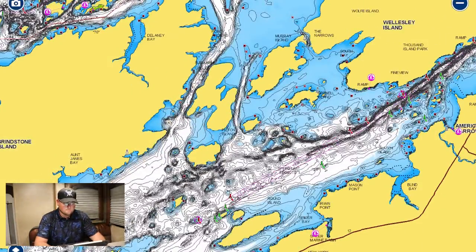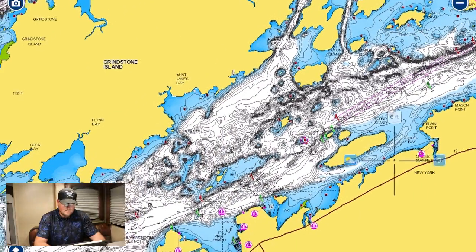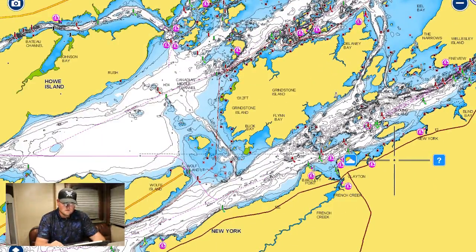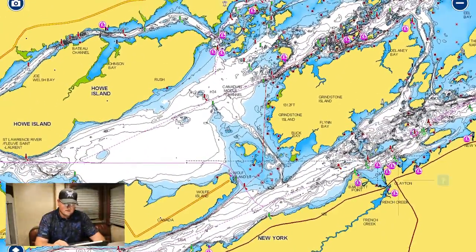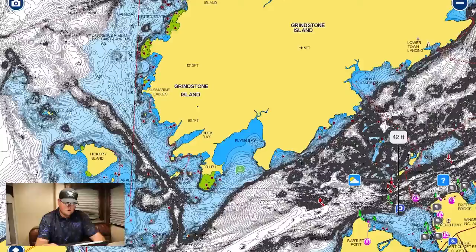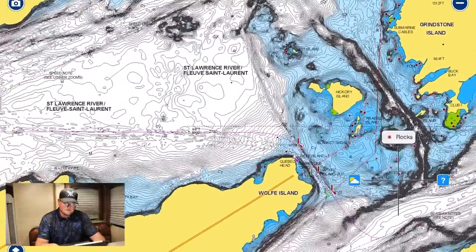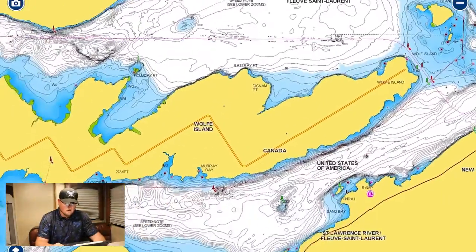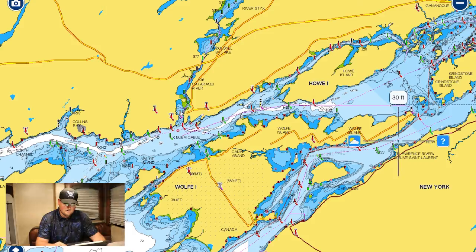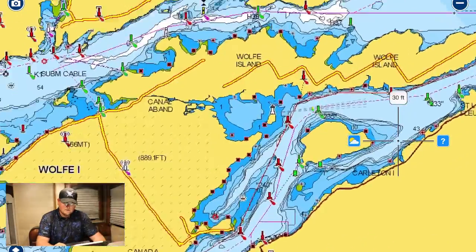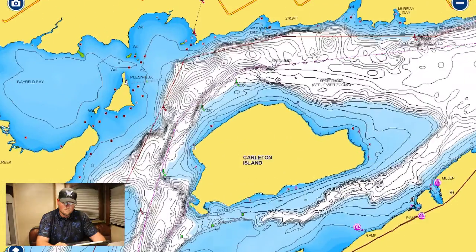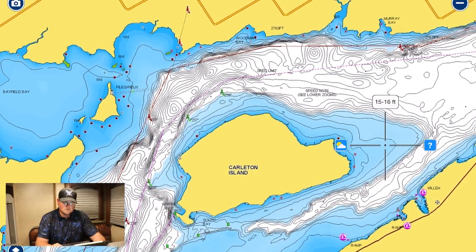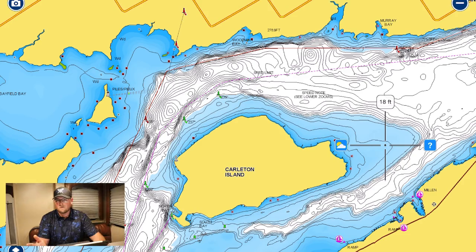So a lot going on here, and then as you get further towards the lake, it starts transitioning. Right around here, really right here, is where the real consistent rocky shoals end, and you start seeing more gradual flats. Around this island here, you had some really good flats that you could drift. You could set some drifts and drift for miles here,